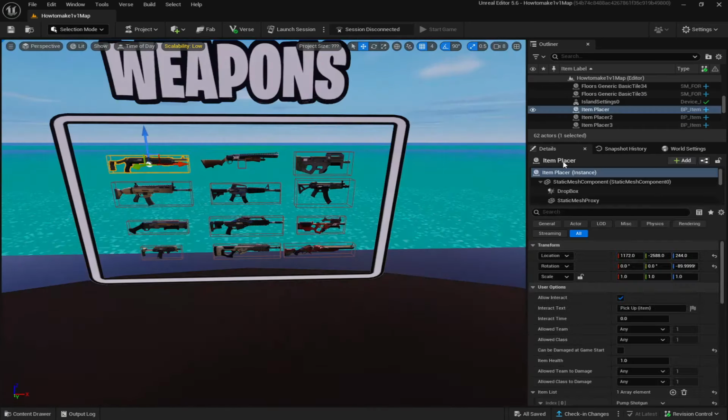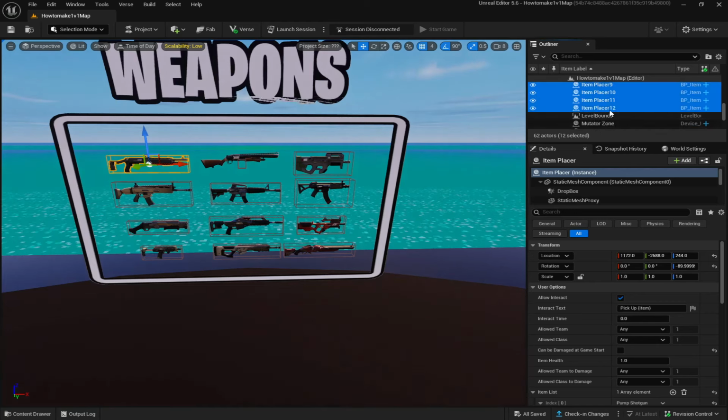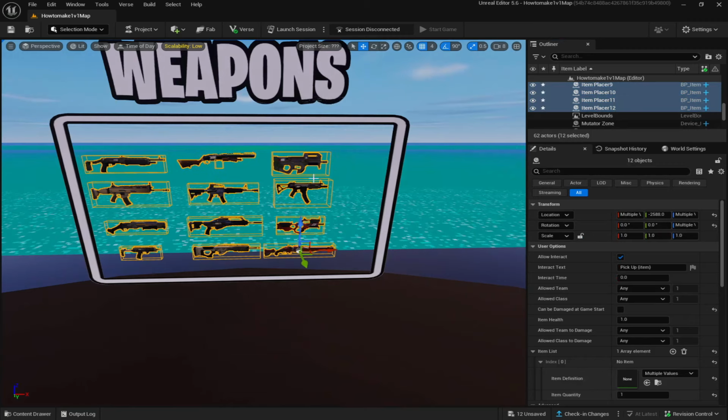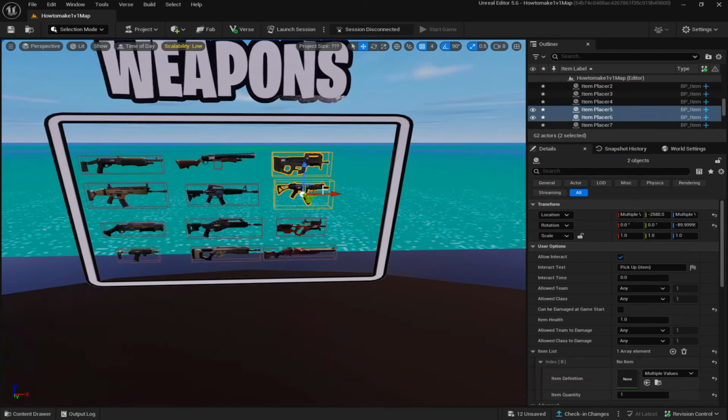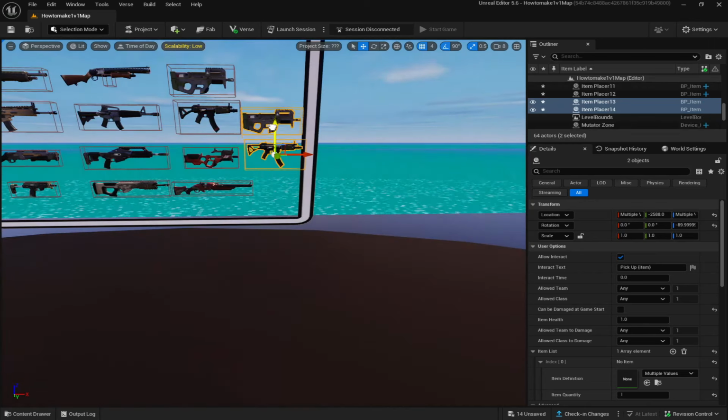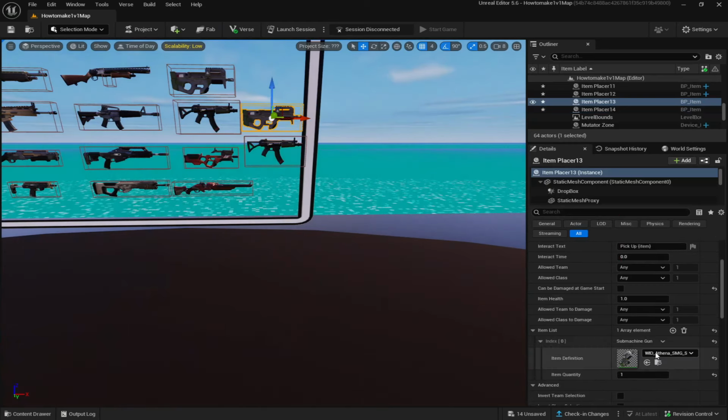I actually forgot to add heals over here, so what I'm just going to do is select them all, drag them over just a little bit, and then copy and paste two of the things over here, drag them down, and then I'm going to go on this one and change this